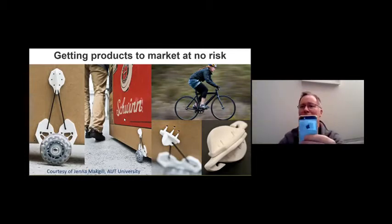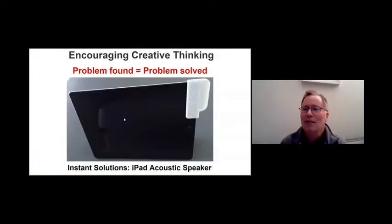A very simple test you can do is cup your hand over the speakers, which bounces the sound off your hand, and you instantly get crystal clear sound. In my case, it was a sort of political reason. I was lying in bed watching a zombie movie, and the sound was going straight towards my wife. So you can see very sensitive reasons why I had to solve the problem. I started with a Post-it note stuck on my iPad, but it looked a bit naff and didn't work all that well. So I printed out a little clip-on speaker for my iPad,